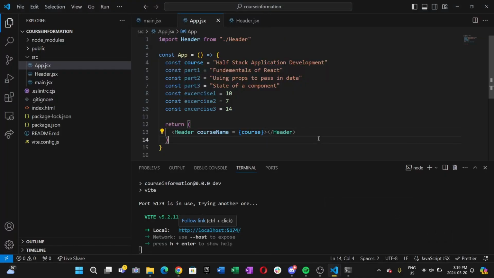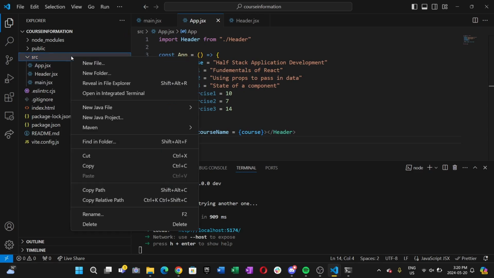So that header line worked. So next part, what do we want? We want the content. Content is a bit complicated, so I'm just going to skip that for now. Let's do the slightly easier one first, which is total. So once again, right click,